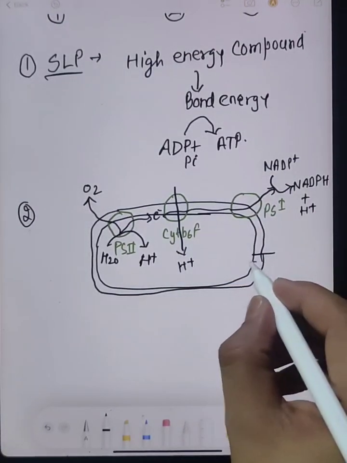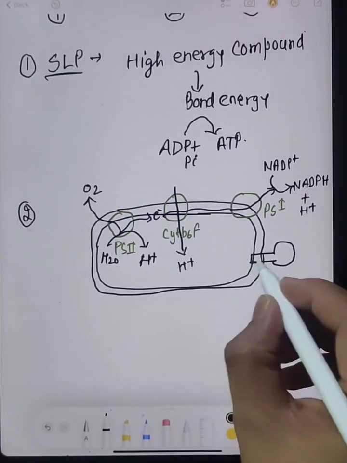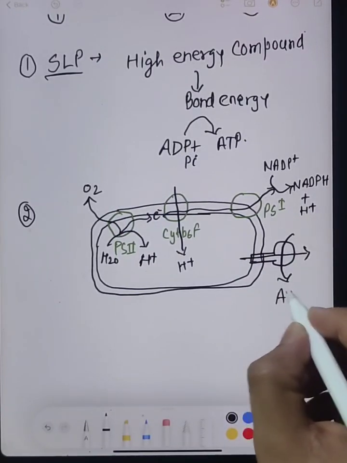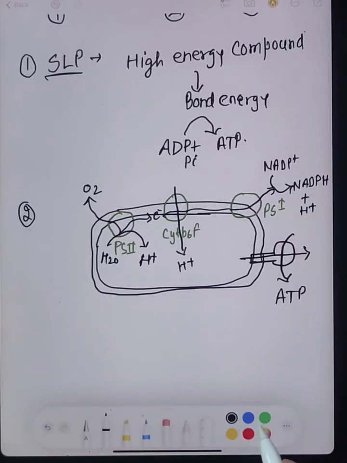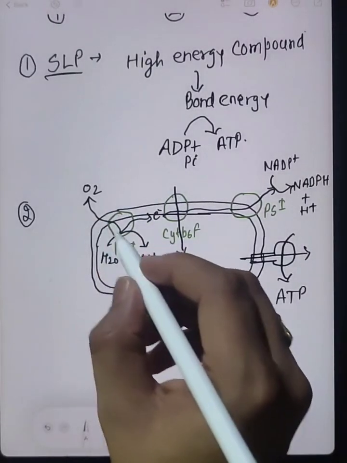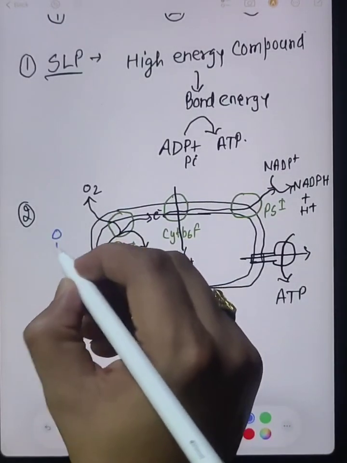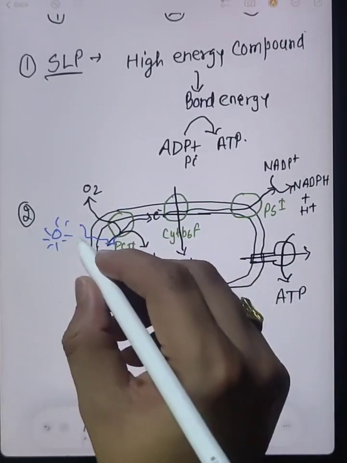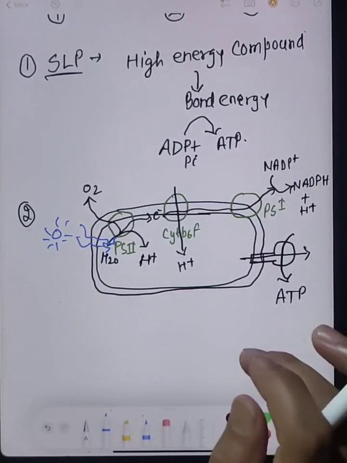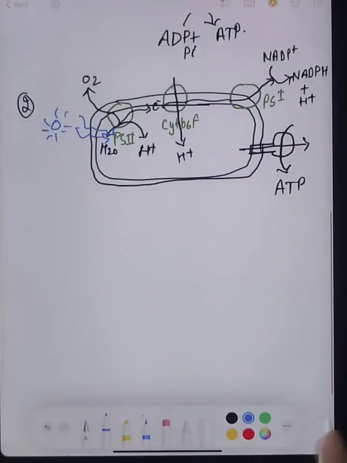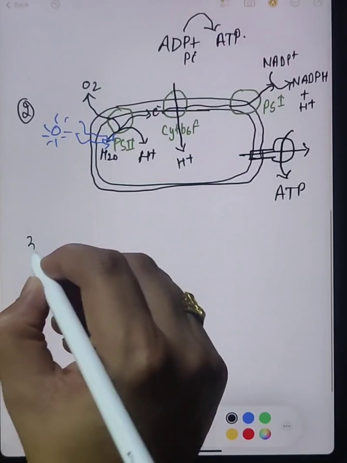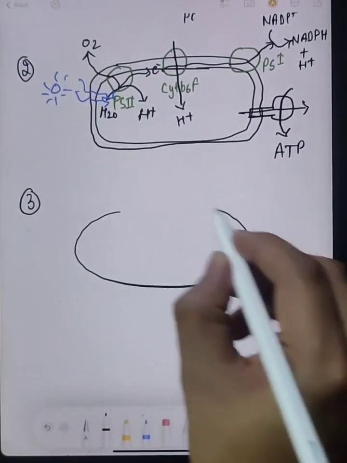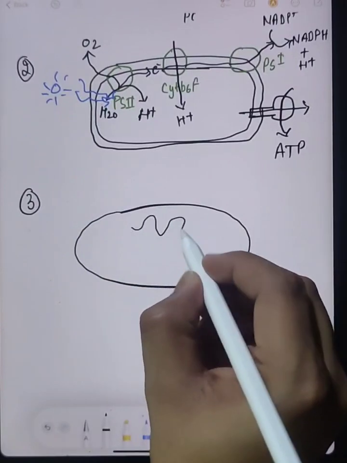When these protons move away via ATPase, they produce ATP. We need to understand that this water breakdown is facilitated by sun rays, that is why this process is called photophosphorylation. If we move to the third concept, that is oxidative phosphorylation, we need to understand